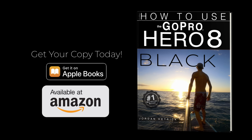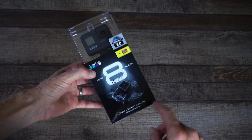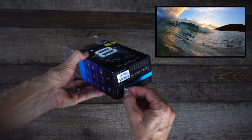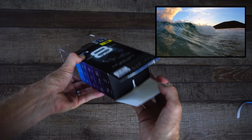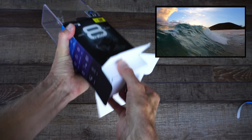So let's get started with the Hero8 Black. So let's get your new camera set up so you can get out there and start filming with it. The Hero8 Black is an awesome little camera. It's waterproof to 33 feet deep, it's small and convenient to carry, it's got tons of great modes to use, and it's got stabilization throughout all of the video modes so that everything you film is just smooth and easy